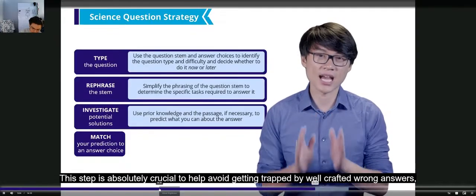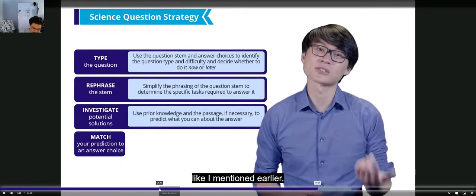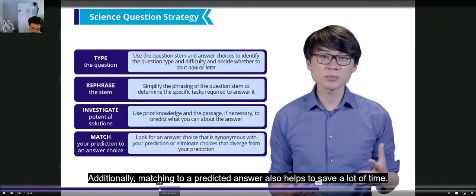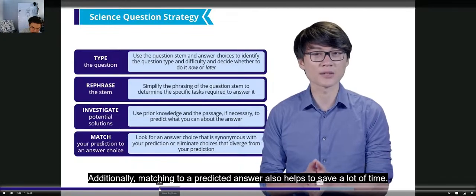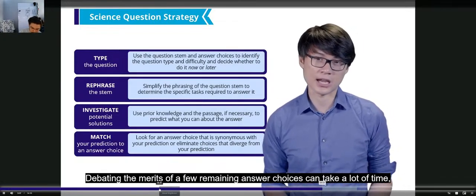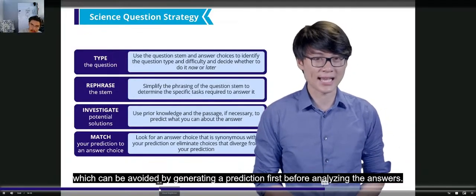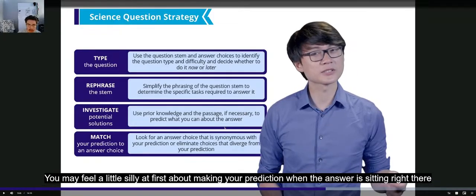This step is absolutely crucial to help avoid getting trapped by well-crafted wrong answers, like I mentioned earlier. Additionally, matching to a predicted answer also helps to save a lot of time. Debating the merits of a few remaining answer choices can take a lot of time, which can be avoided by generating a prediction first before analyzing the answers. You may feel a little